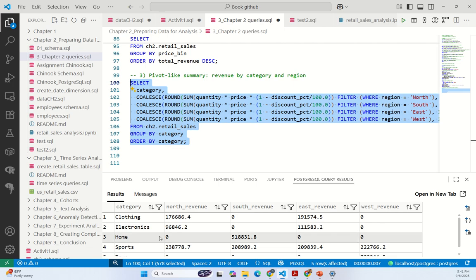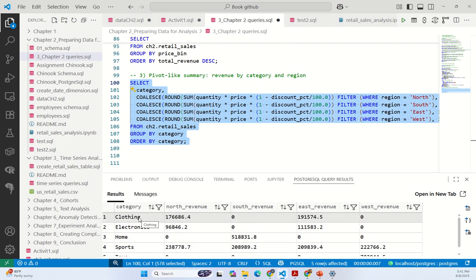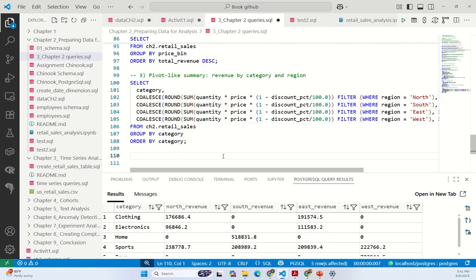So where we can see for each category and the different regions, we can see the revenue, right? Again, this is a typical pivot table where in the rows here we have the categories and in the columns we have the regions, and the variable of interest is going to be the revenue. Okay, so this is just SQL so far, but now this is the interesting part,